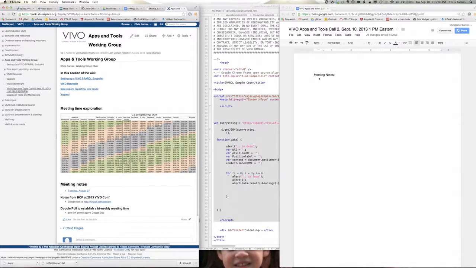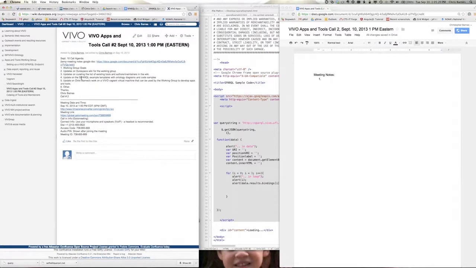Yep. So if you look in the Duraspace wiki, under the Vivo Apps and Tools Working Group, an area which John so gratefully helped me create, thank you, John, I'll put the meeting notes and the agendas before the calls in the wiki. The link to the Google Doc, which should be shared with everyone, that I'm going to use for the meeting notes is here. After we're done, I'll copy or transcribe the meeting notes into the wiki. Also, if you feel like editing either one, go ahead and edit while we're having the call. That'd be great.